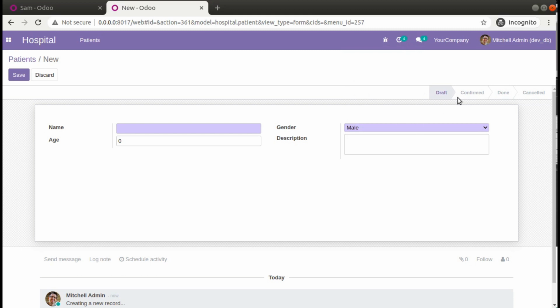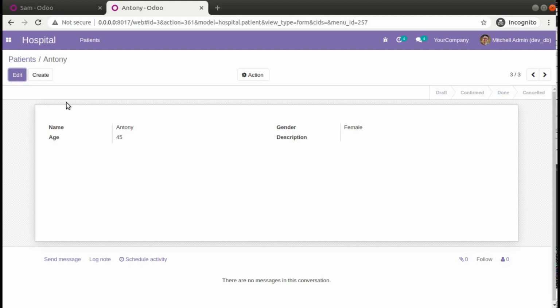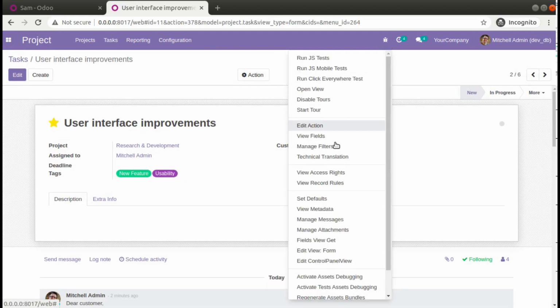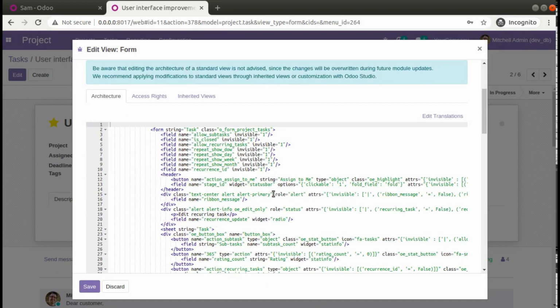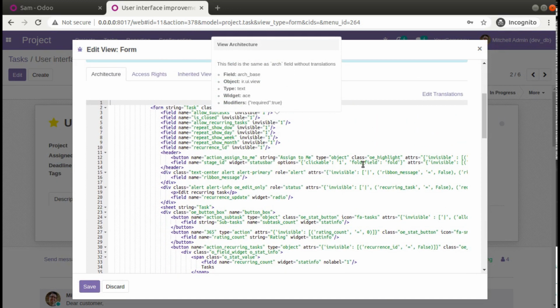But if you check this one, right now it's not clickable, but in the task here you have seen that it was clickable. So to make the status bar clickable, what you have to do is add it inside the options. If you go to the project and then into the tasks, and click on edit view form, you can see an option, if I search header, that is